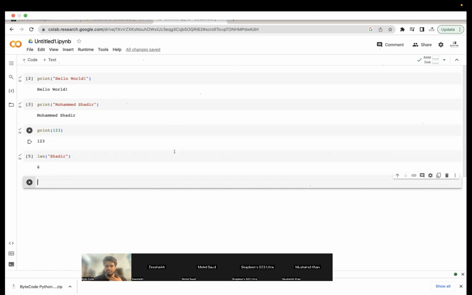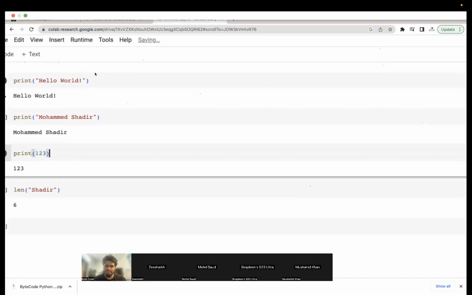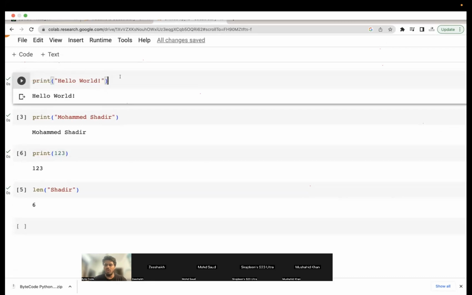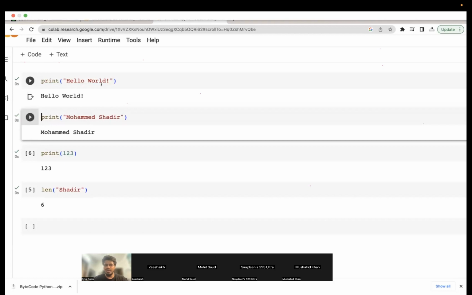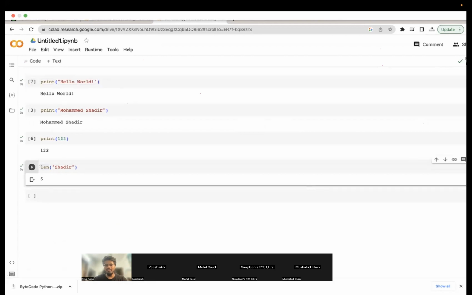For running it, you can run it by clicking this option, or you can run it also by Shift and Enter, after clicking on that cell. So this we call a cell. This thing which we have is called a cell. Once you run it using Shift Enter, it will basically run your program. It doesn't necessarily have to be only one line. One cell can contain multiple lines of code.